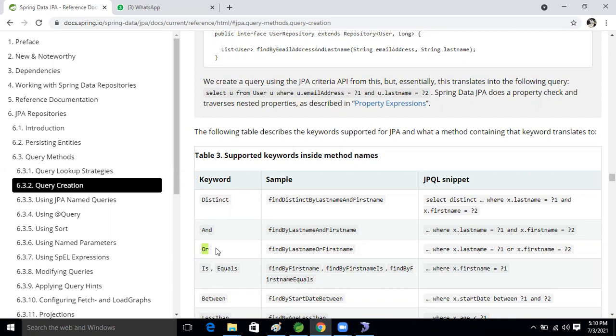Anyone, why are we using the and or or operator? And means both conditions should be satisfied; or means any one should be satisfied. Whatever matching record is there, those records we will get in the or. And in the and, both records must match, then we will get the result. This one, right?